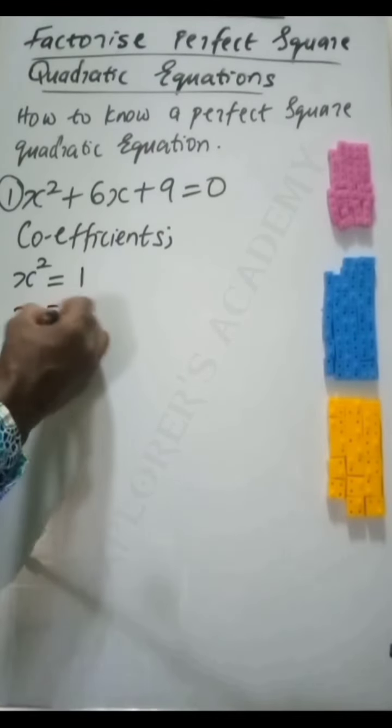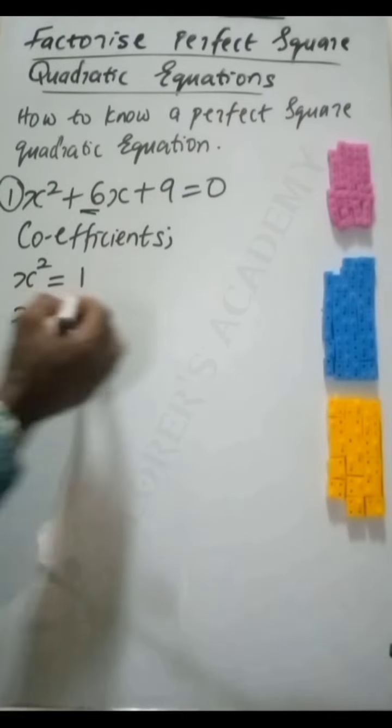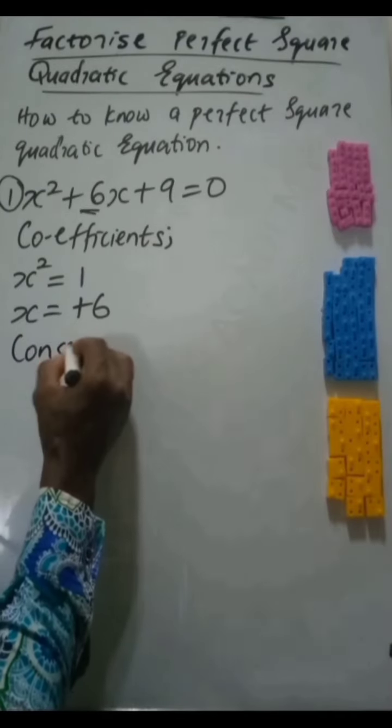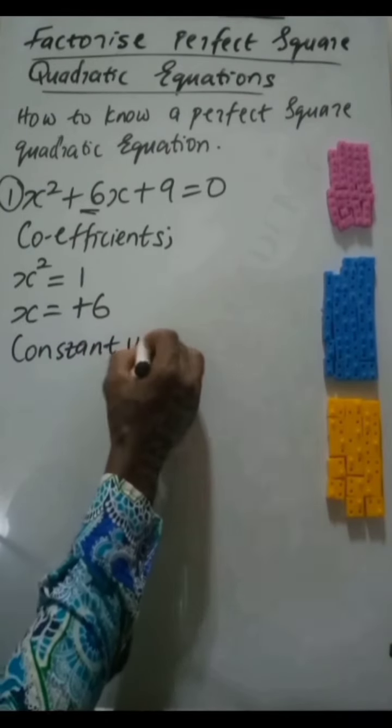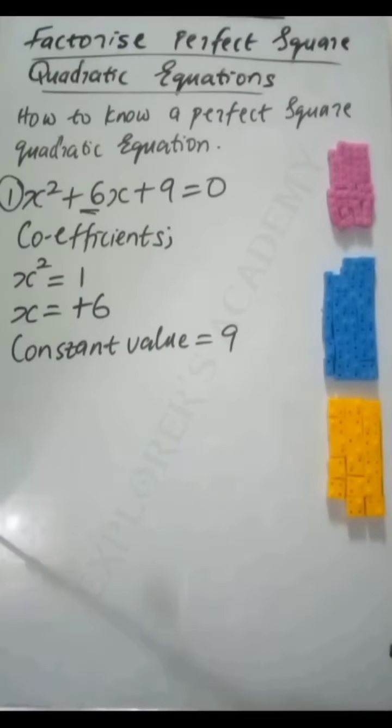And then we have the coefficient of x. As you can see, the plus 6 is attached there, so we have plus 6 as the coefficient of x. We also have the constant value, and the constant value is 9. So we're going to find